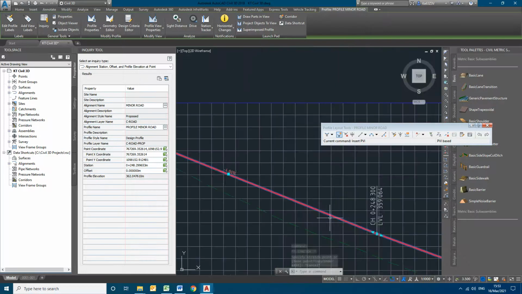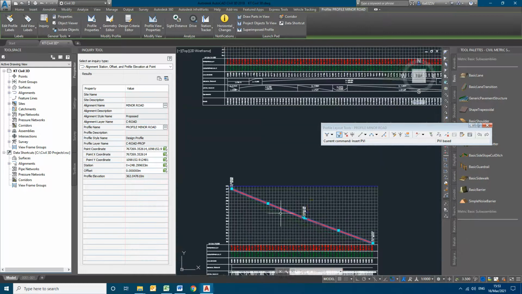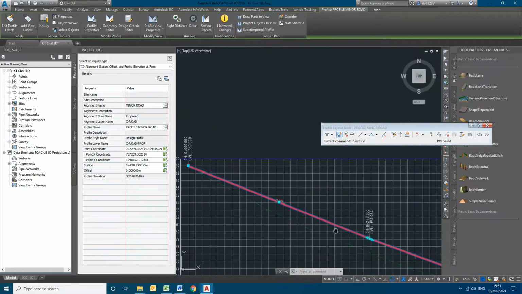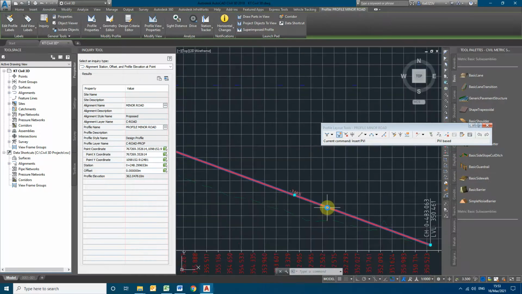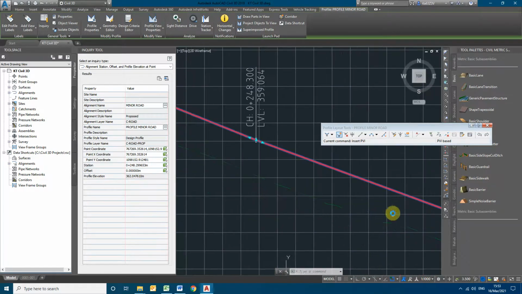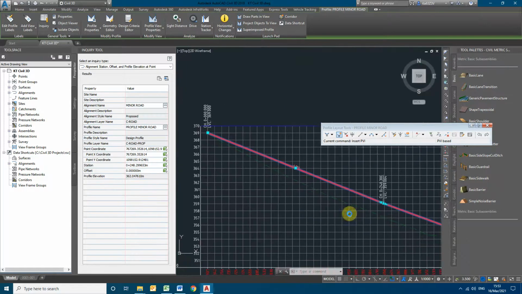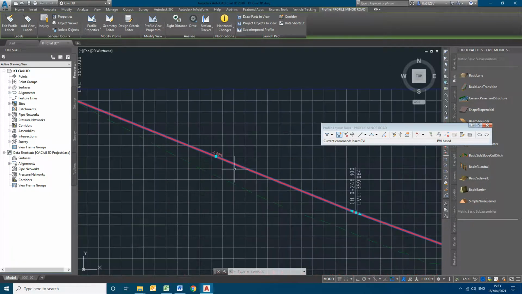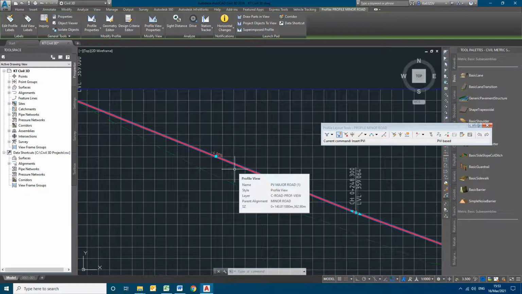Now accordingly, for the gradients that are to be applied, we have to change the gradients as per the code. Our ruling gradient is maximum limited to 3.6, 3.3. Particularly, we have to understand that at the junction location, the grade difference should not be more than 1.5. In order to make the grade difference less than 1.5, we should follow very gentle gradients, not the steep gradients of 3.3.